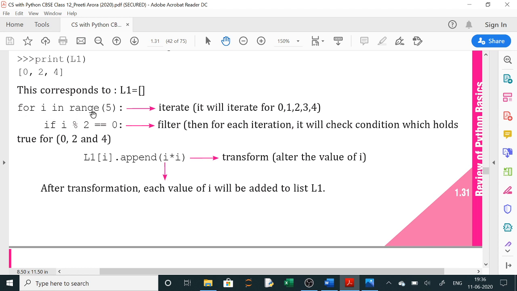Now next question is, for I in range 5, so how it is functioning they have shown here. And since at the beginning you have written I into 1, if it is I into I, then it will be the square. So here if it is I into I, then you will get the square of each element. Clear? Now next is, it should be 1 here. It was the explanation of the previous question only.